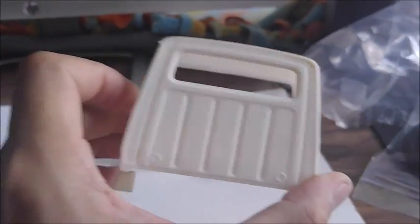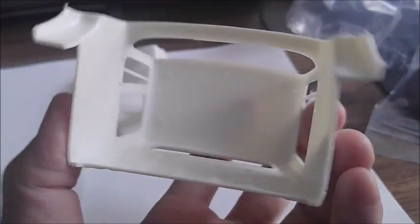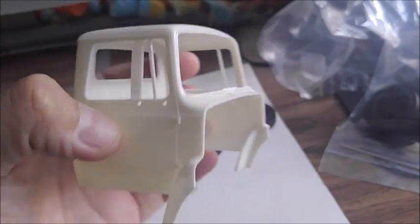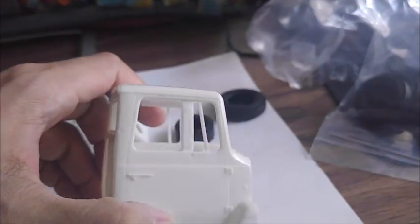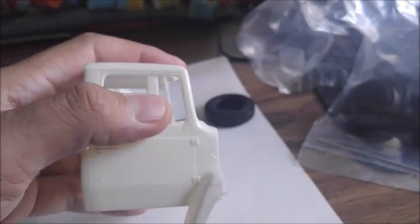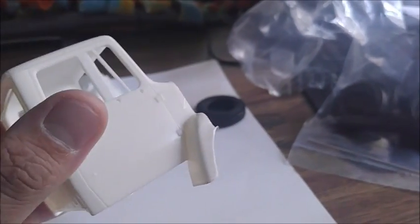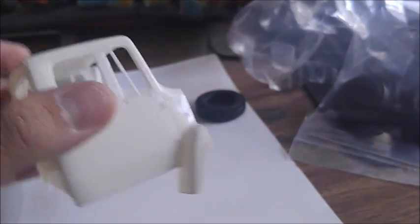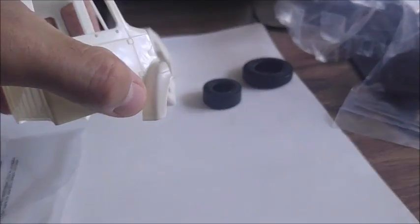And now I'm moving on to the cab. Very nicely molded, nice details going on. Got to get rid of some injector pin marks in the roof there, but overall it's very nice. Nicely molded in windshield wipers, which of course you can add your own if you wanted to. You got to remove these little tab things here. Not these, but this. Why does it include one side and not the other? That's odd. Anyways, maybe some of the edges need to be cleaned up a little bit, but overall nicely molded